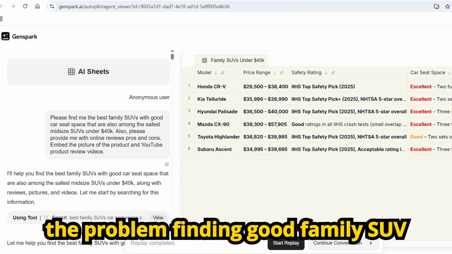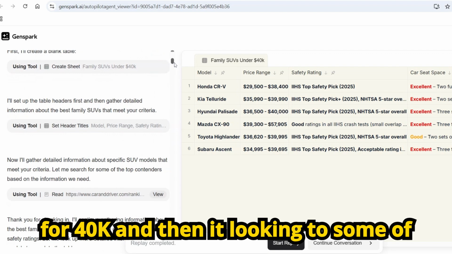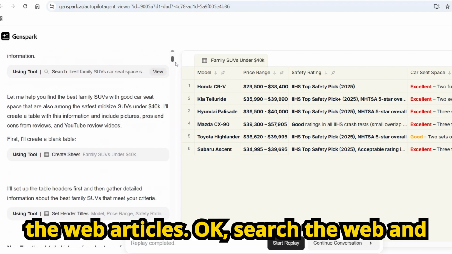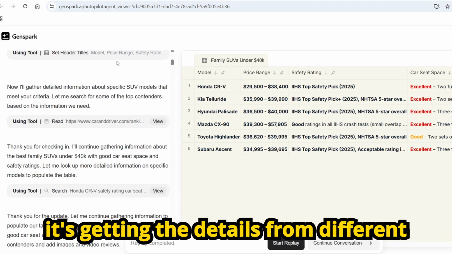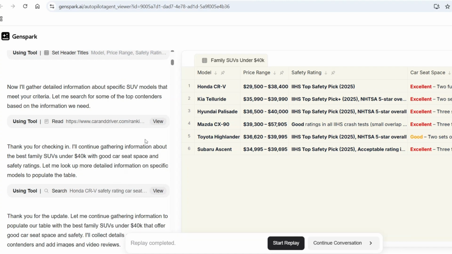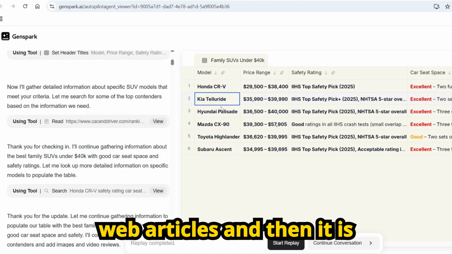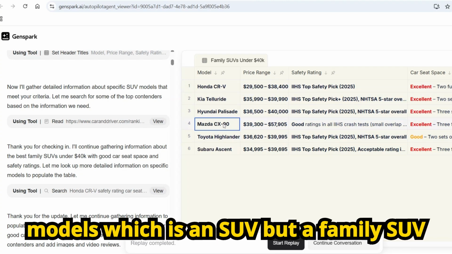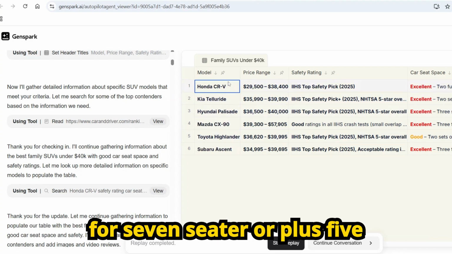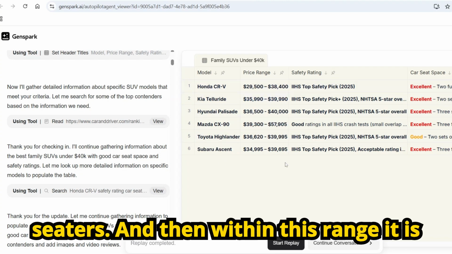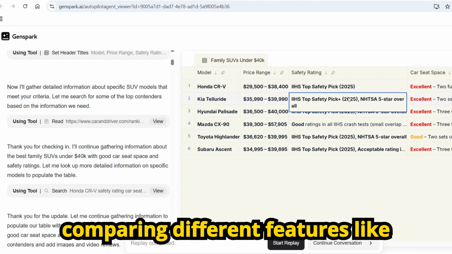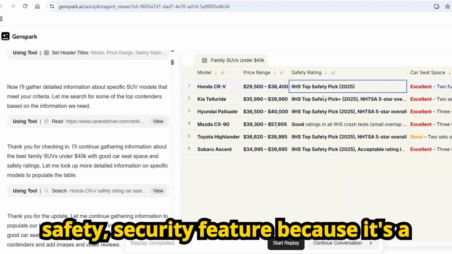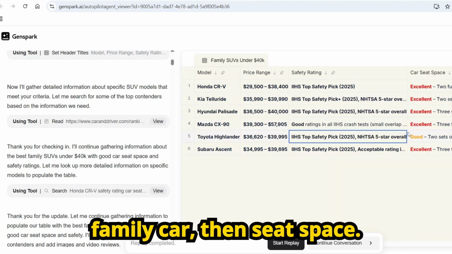Okay, so this is the prompt, finding a good family SUV for 40k, and then it is looking at some of the web articles. Okay, it searches the web and gets the details from different web articles, and then it is categorizing the different models, which are SUVs but family SUVs, 7-seater or plus 5-seaters. And then within this range it is comparing different features like safety and security features because it's a family car, then